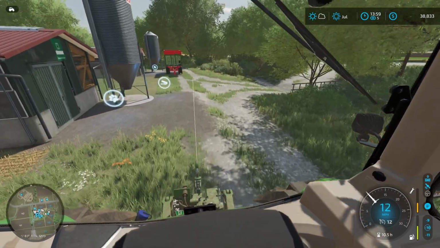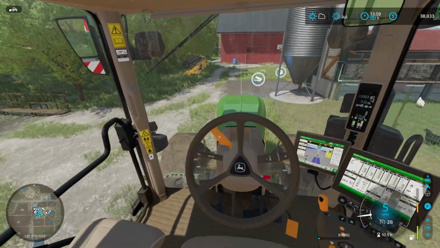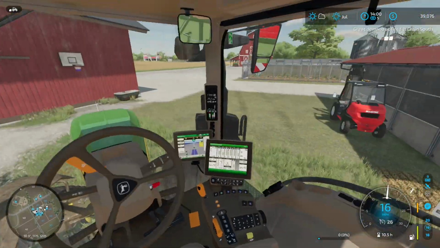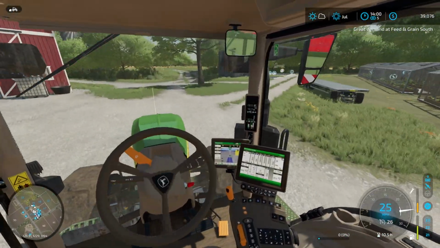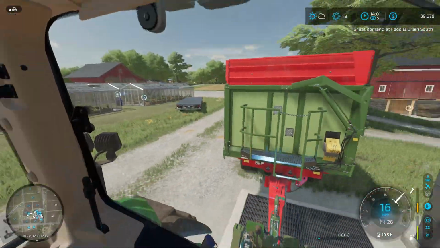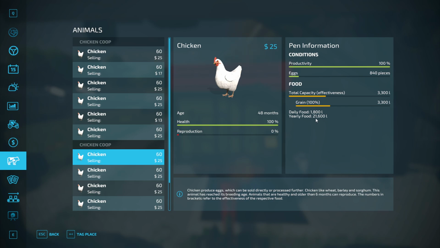So back up to this guy over here. I believe it still has wheat inside of it, so ideally, nope, we're gonna have to go fill it up. Never mind, I thought we had wheat in there. So we'll drive over this way, head over to our silo, fill up our trailer with as much wheat as we can, get our chickens fed, and then we can advance time to the next couple of months so that we can, 132,000 liters of wheat, and